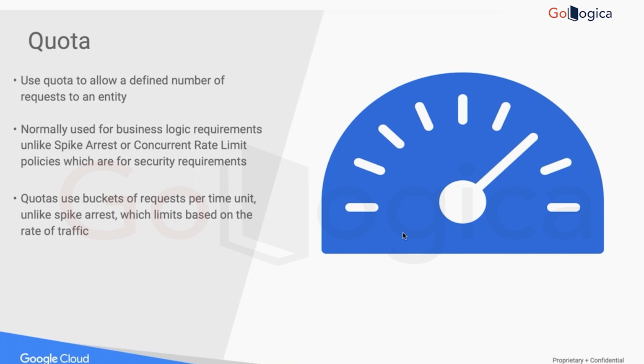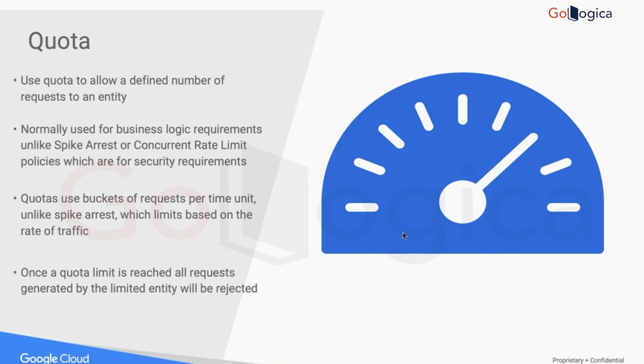So if you have used up your 100 requests in 10 seconds, for the next 50 seconds you cannot make a call anymore. After the next 50 seconds, for the next 1 minute, your limits are refreshed, and then you can make another call. Okay, so quota will have its own time limits that you specify, and based on that it will allow or deny the request. All right,